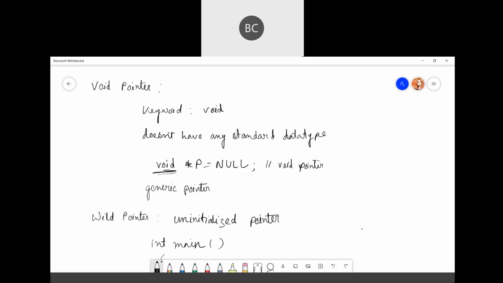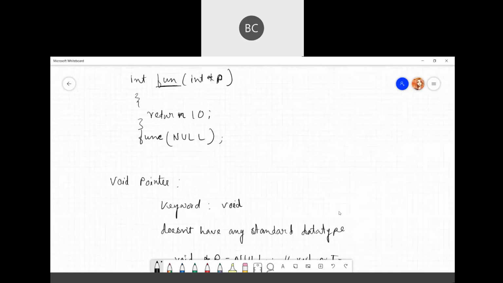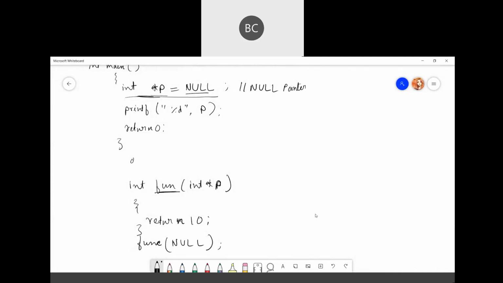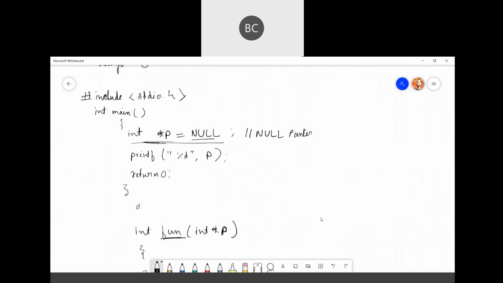And what is a null pointer? A null pointer does not point to any known object. It is an uninitialized pointer, or you can directly assign a null value to it. Simply use the word NULL.